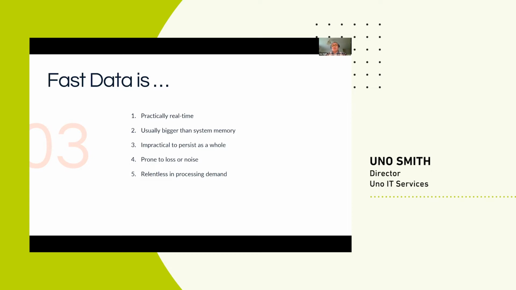And then finally, when it comes to fast data, one of the key factors is that it's relentless in its processing demand. So there isn't a gap to processing. You have to literally process the data as quickly as it comes through. You've got to deal with the fact that it often has gaps in it, and when you back up your system, or when things slow down, that presents you with lots of problems. There's usually not a way to queue the data or store it for later.